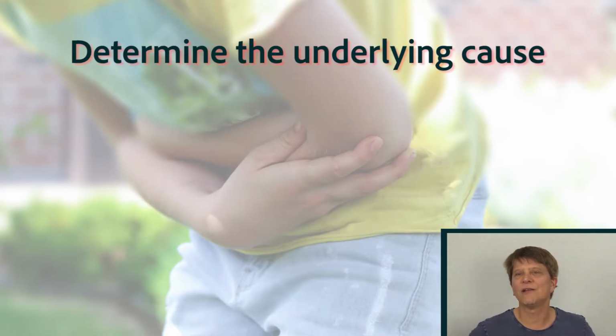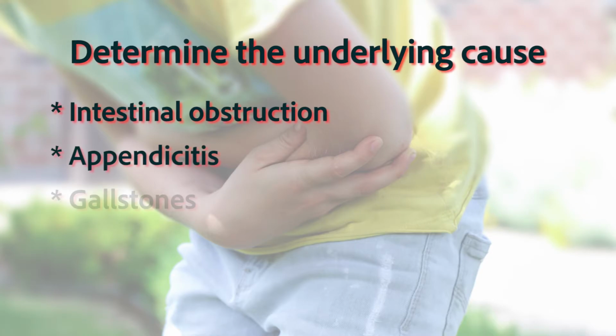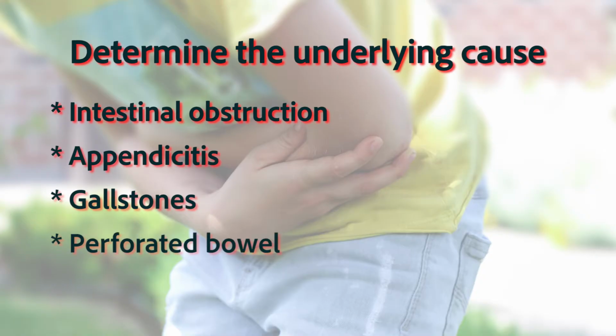When we think about vomiting, we normally think, oh, some bacteria, some toxin in the gut. Something down there is causing that feeling. But it isn't always bacteria, and it's not always something down there that's causing the vomiting. For instance, intestinal obstruction, appendicitis, gallstones, and perforated bowel are all digestive system causes of vomiting, and none of those will resolve with medications that relieve vomiting. And it's important to consider other causes beyond the digestive system.